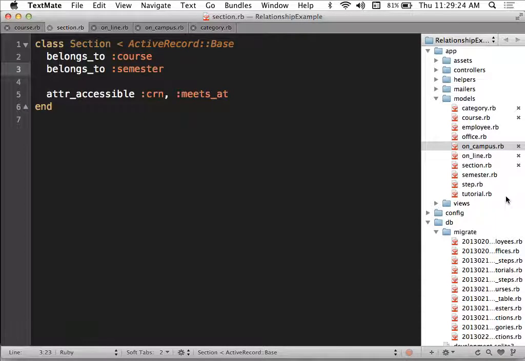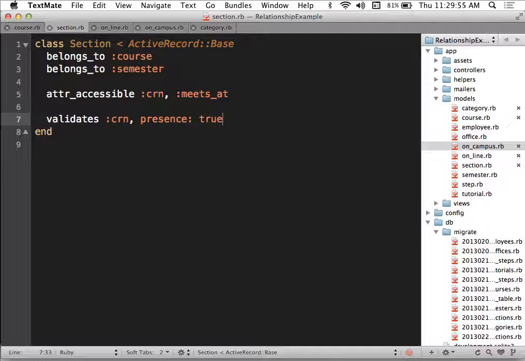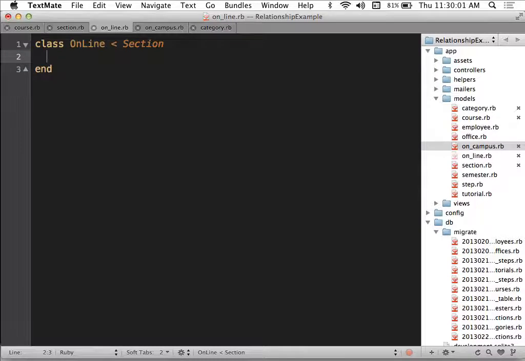Like, for example, over in my section model, let's say for section we validate the presence of the CRN. So essentially, every section, no matter what type it is, has to have a CRN. We can't save it unless it has a CRN. Since I put that into the section model, that's going to apply equally to online and on-campus sections. So now no section of any type can be created that doesn't have a CRN. Over in the online section class,